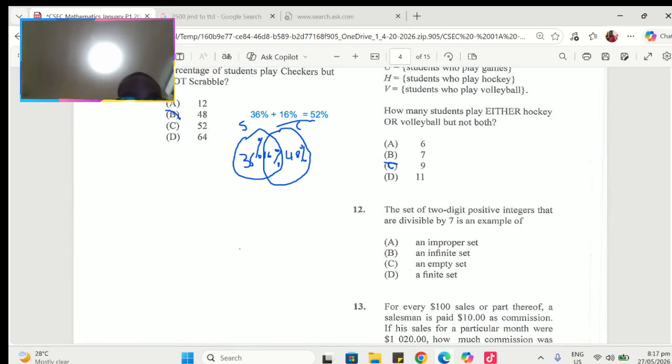Number 12. The set of 2-digit positive integers that are divisible by 7 are an example of, and that would